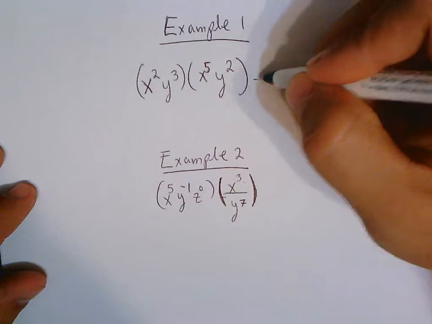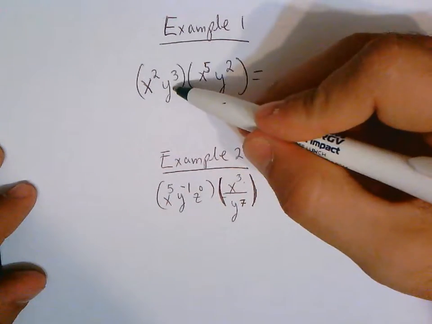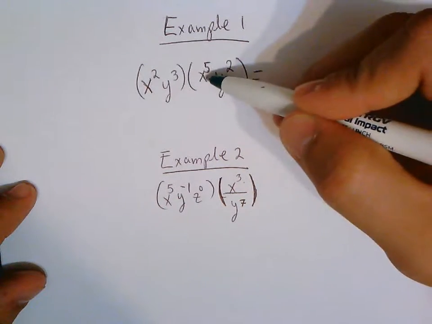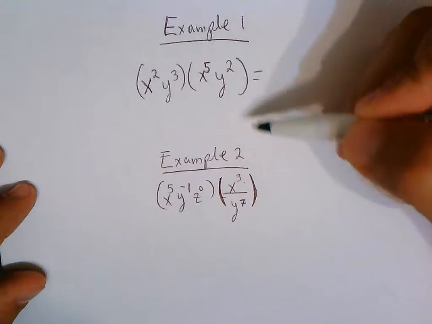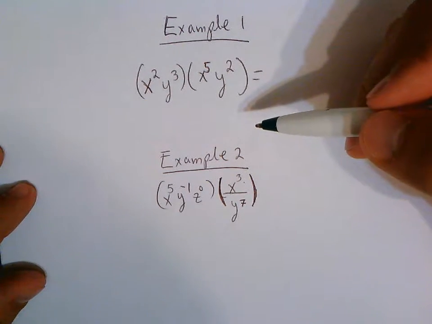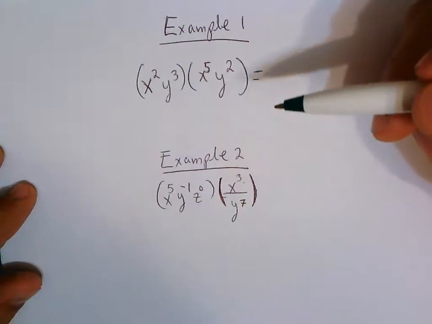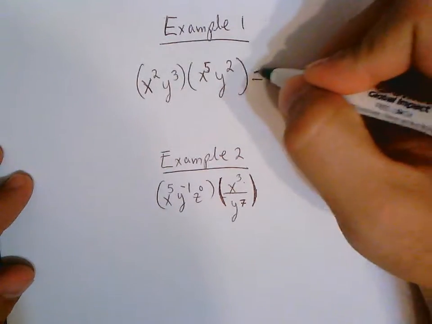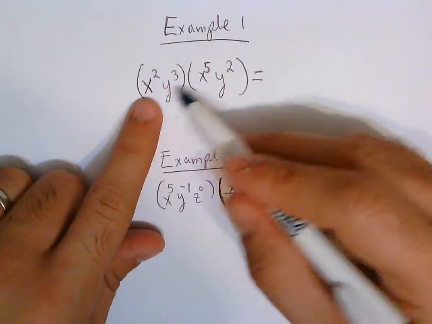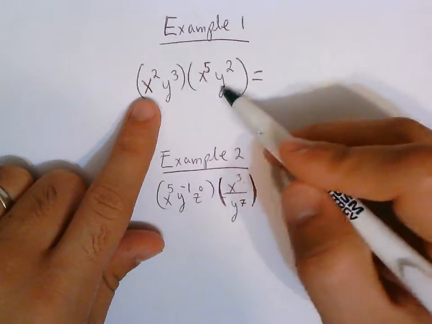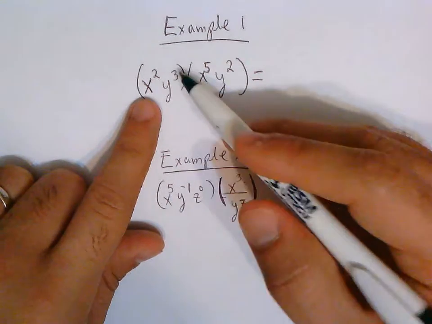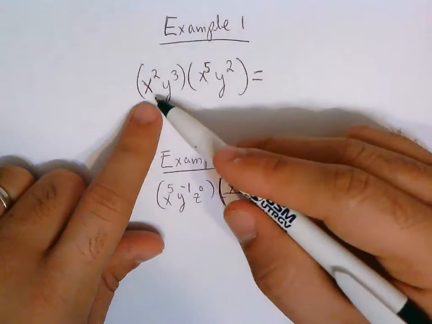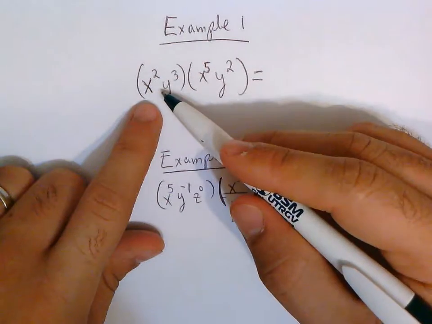So let's see what we have on the first example. We have x to the power of 2 times y to the power of 3, and all of this is being multiplied times x to the power of 5 times y to the power of 2. Well, if you watched my previous videos, or maybe you already come to this video knowing the properties of exponents, something that I see here is that this expression is being multiplied times the other one. The parentheses imply multiplication, and the property that I'm going to use to simplify this is the product of